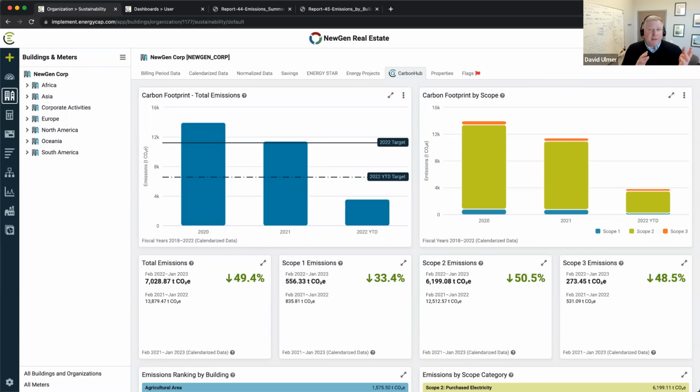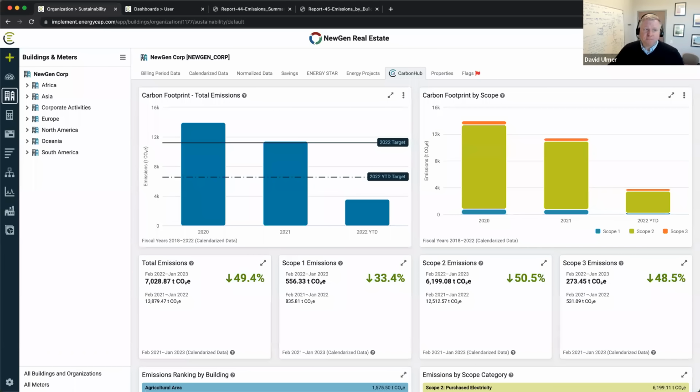That means you also have to be able to translate that activity correctly into CO2 equivalent. That's another key aspect that we're going to demonstrate here. It can be a little tricky sometimes getting the right factors, and that's something we provide as part of our service. And then once you have that, you want to make sure that you can report and analyze accurately as well. So we're going to take you through those different steps and show you some of the capabilities that are available